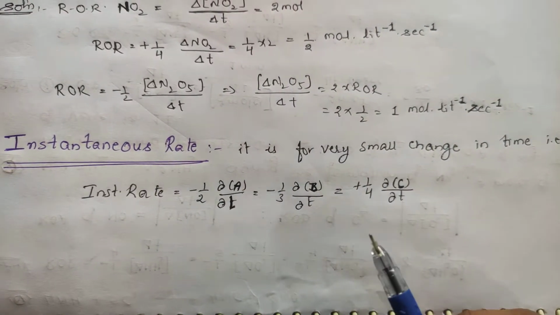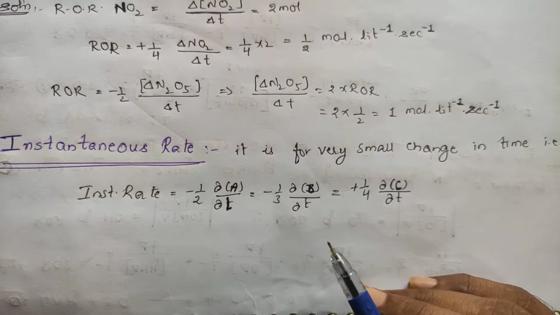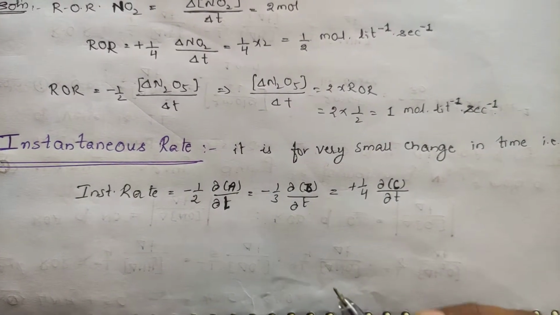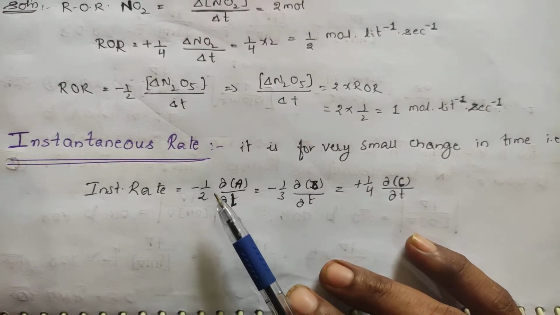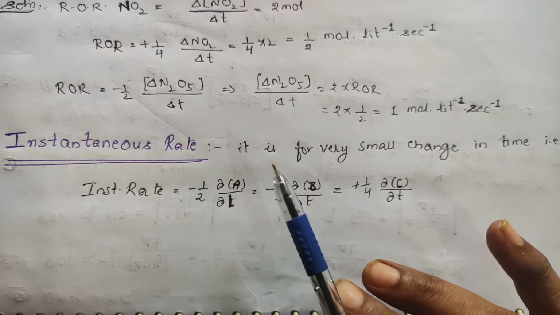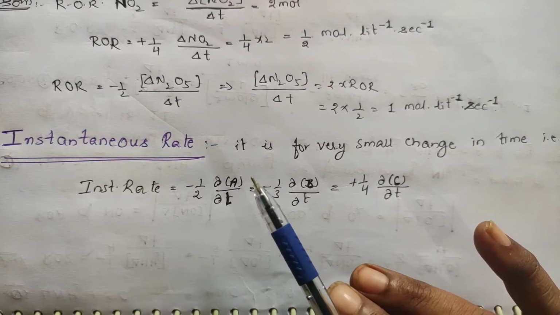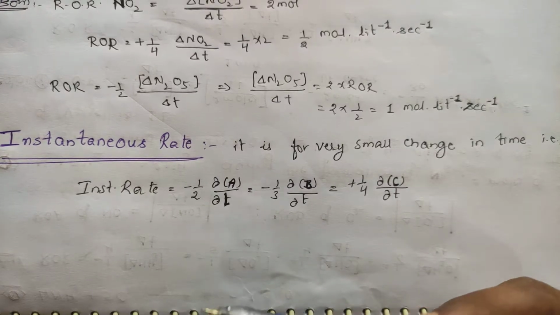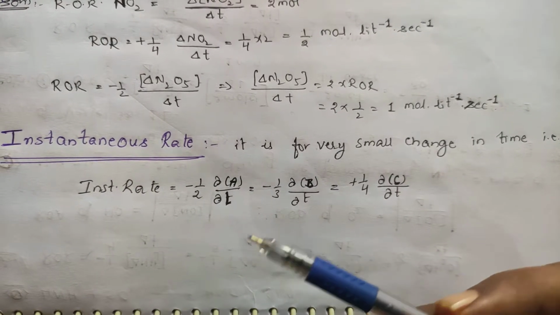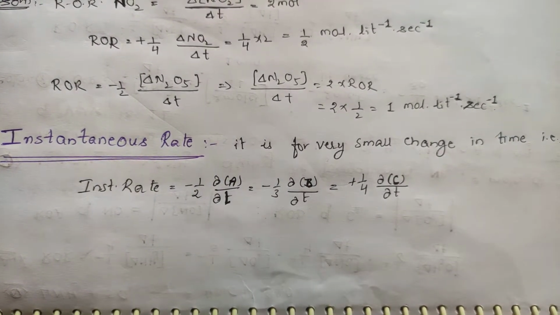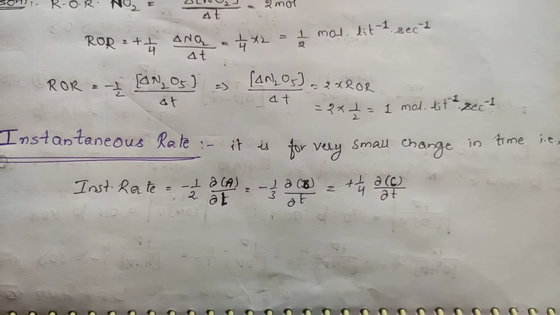Yesterday we learned with respect to average rate. So for moderate reactions we will be calculating the rate. Now we are going to learn with respect to instantaneous rate. Already you have heard this term with respect to instant coffee, Nescafe. It means at that particular point of time, what is the rate?